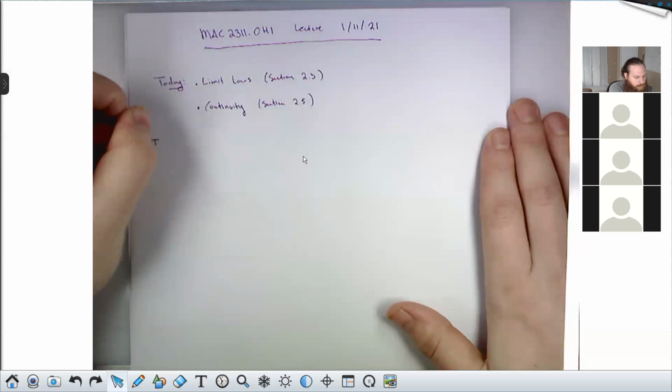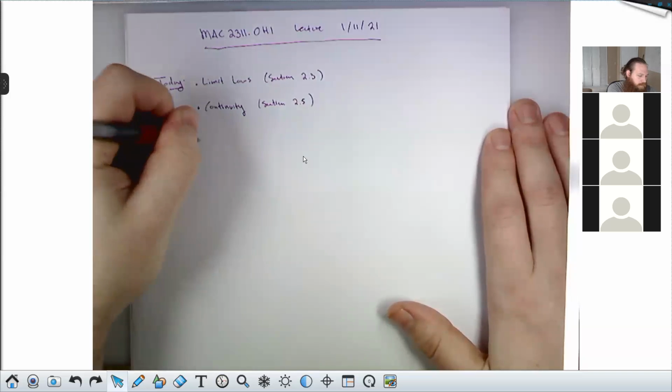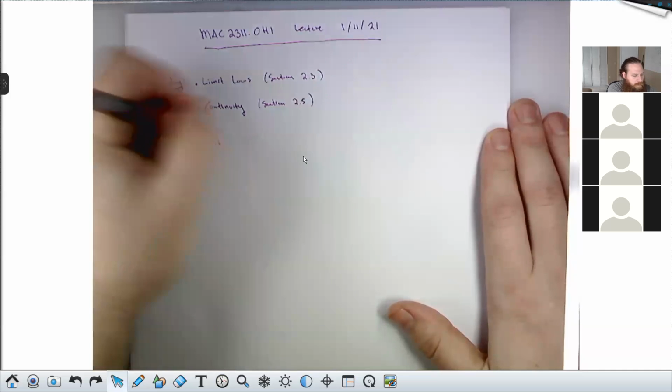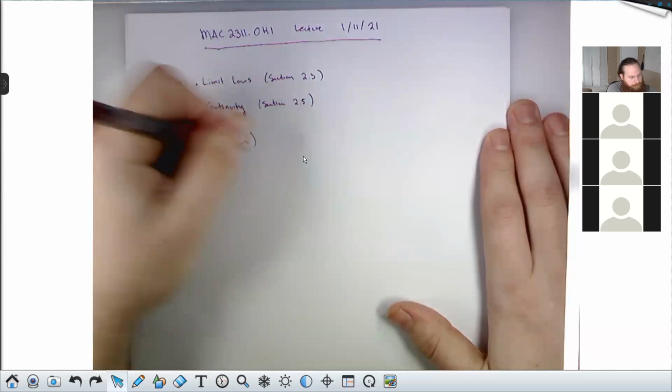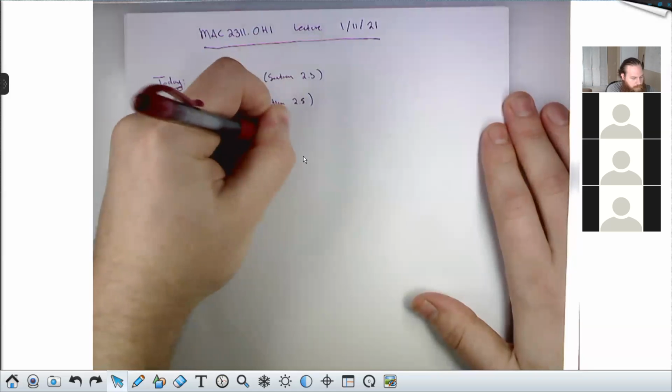So in order to avoid wasting any more time, here is the theorem with which we begin. These are the limit laws. You can find these in your textbook on page 96. I will be giving you a kind of condensed version because I feel like they're really verbose here, more so than they need to be. But assuming